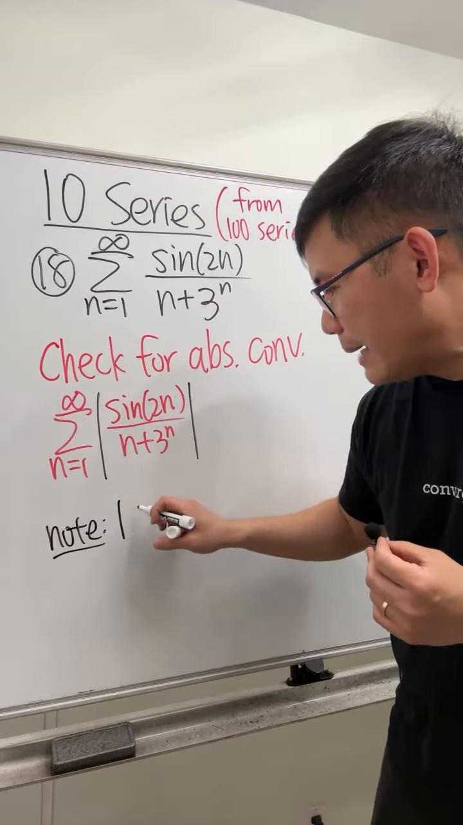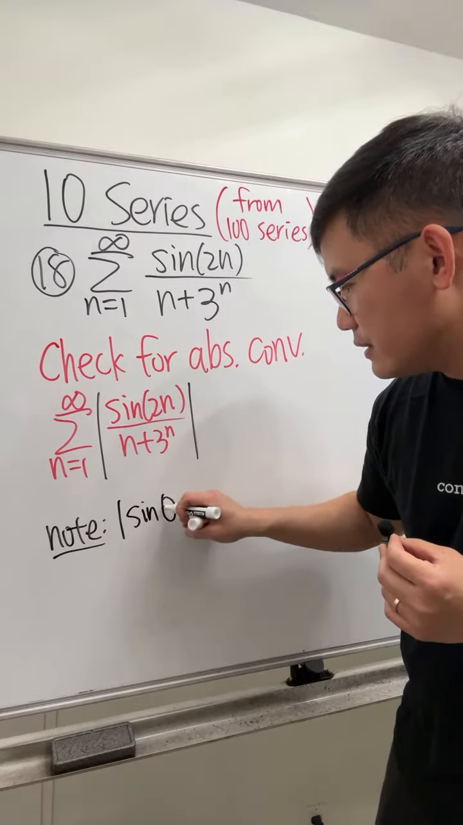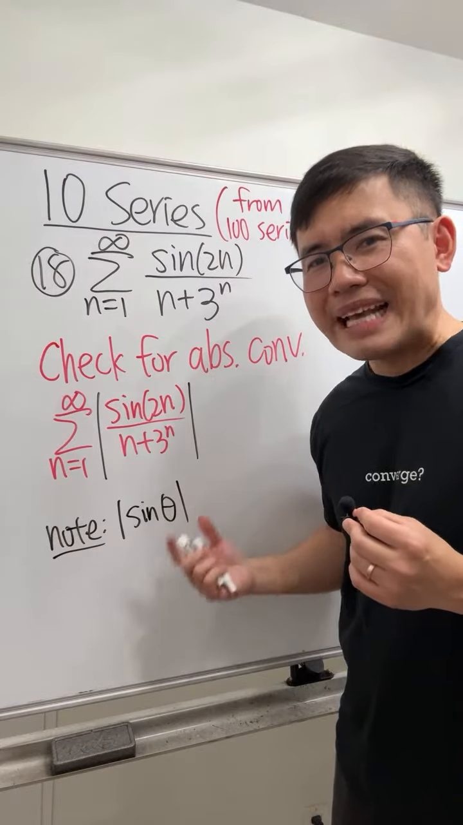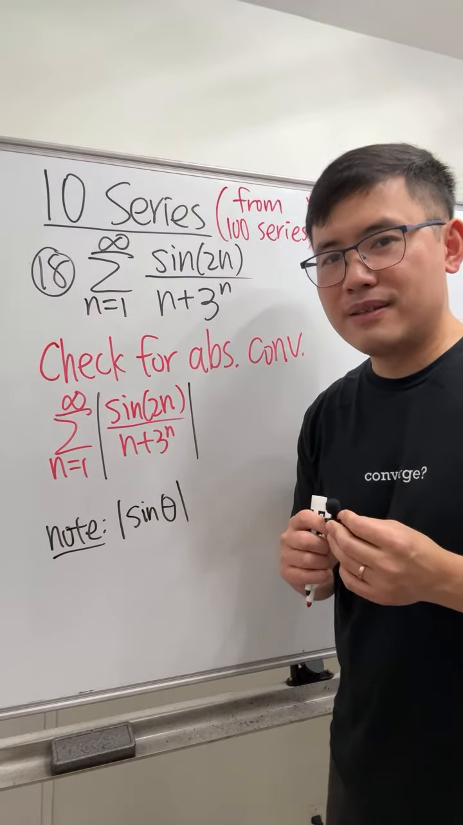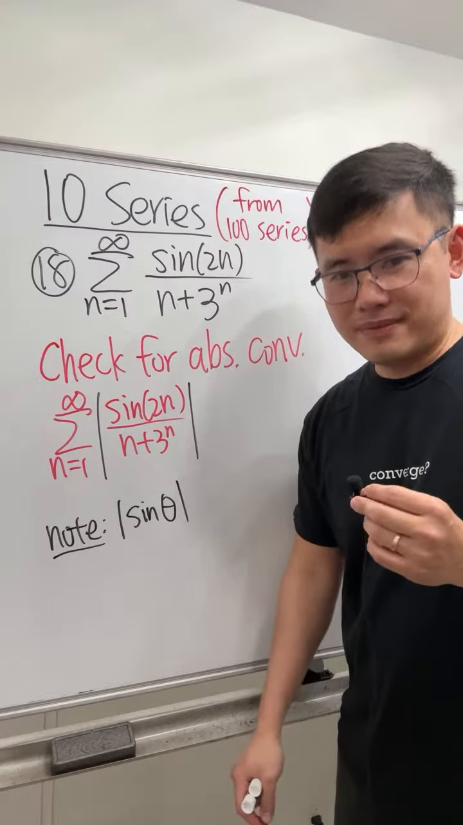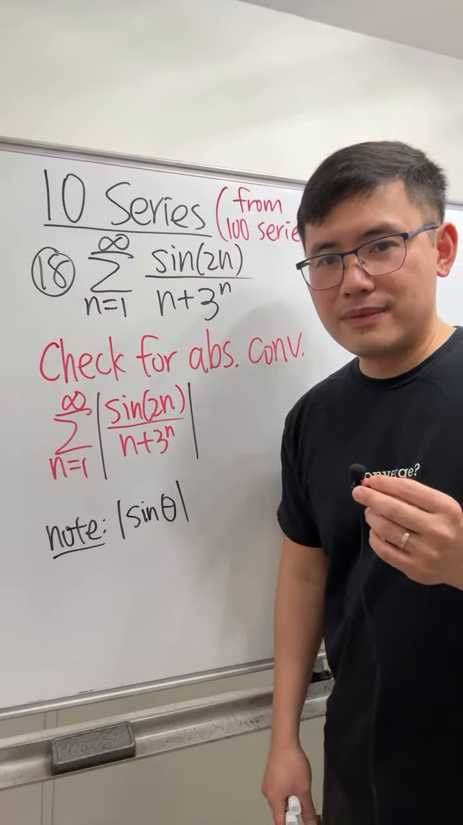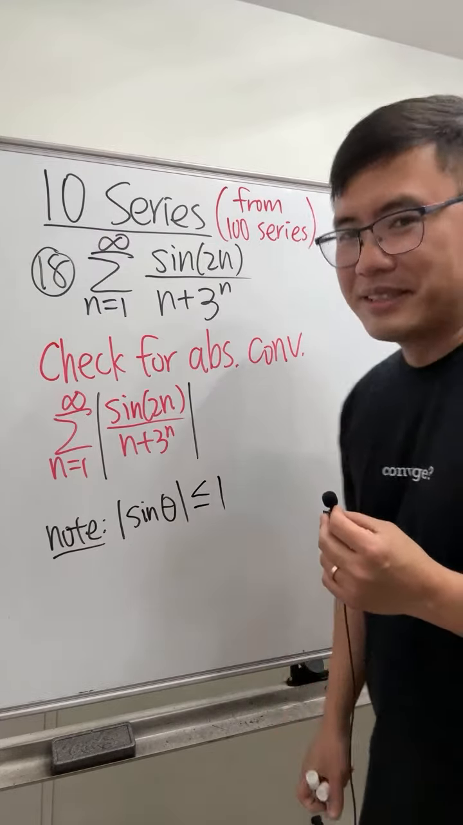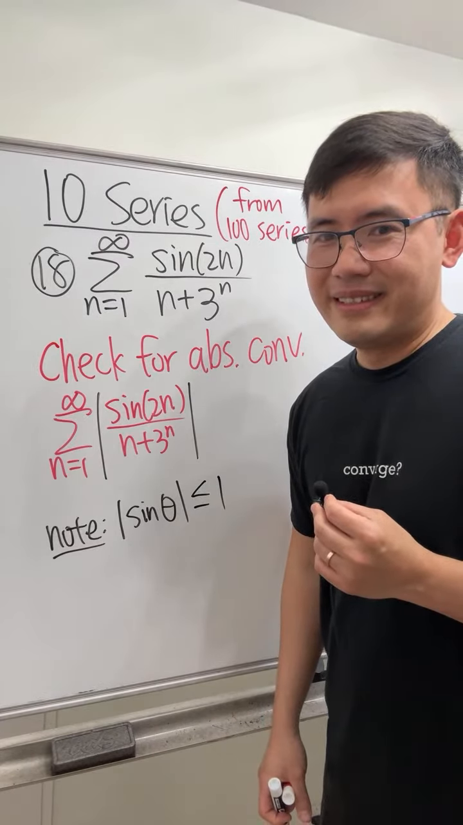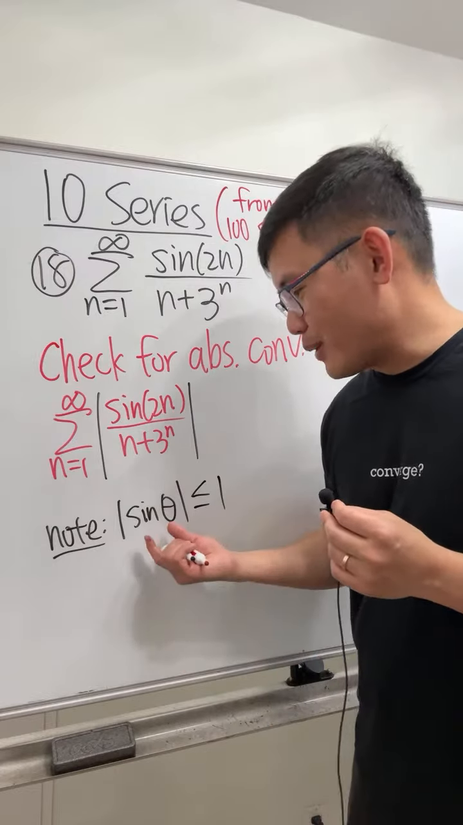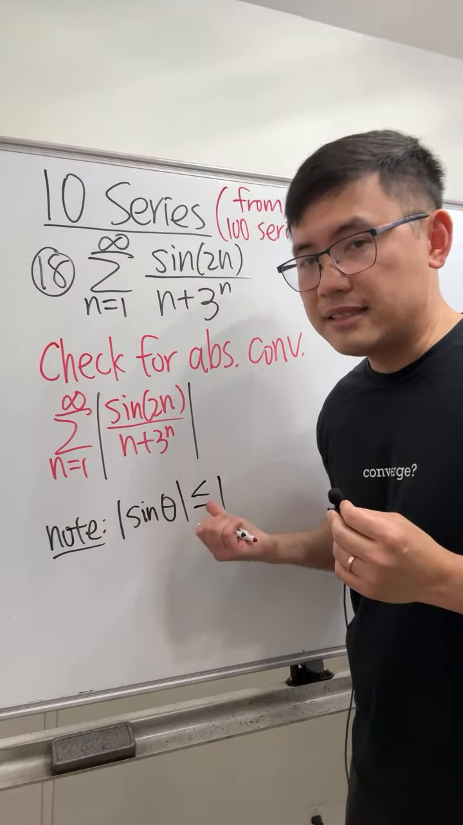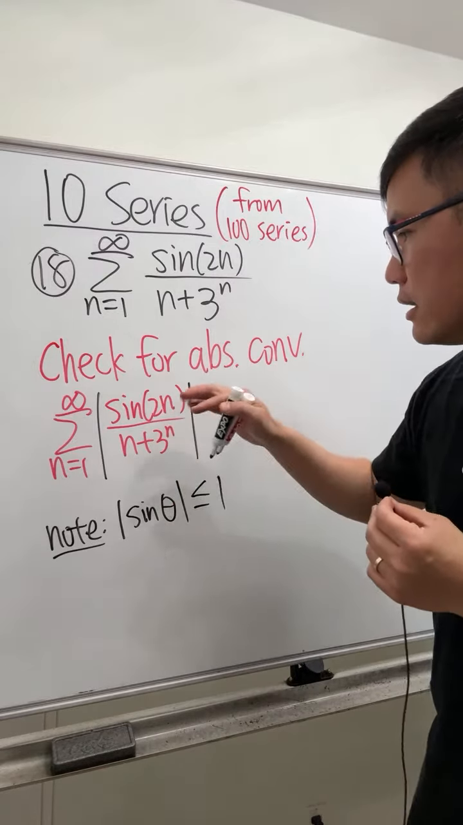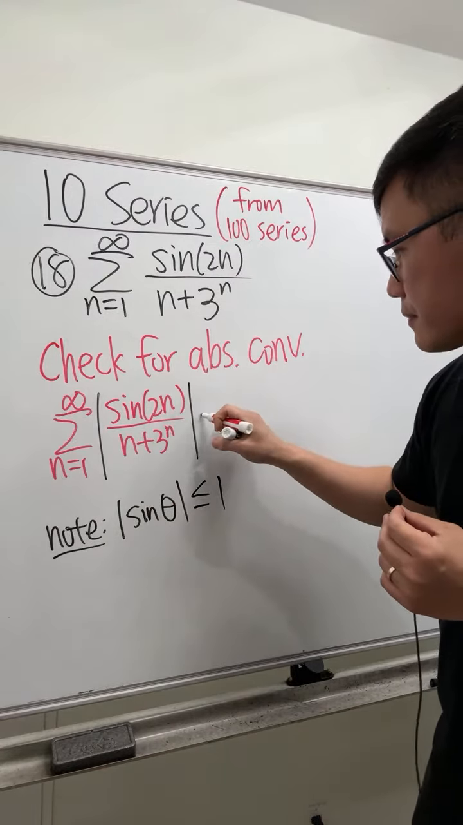If we have the absolute value of sine of something, sine of theta, what's a bound for this? What's the maximum value for sine theta? One. So we have an inequality right away, isn't it? We have the absolute value, so we can just write it down: less than or equal to 1. So right away, we can see that this right here,